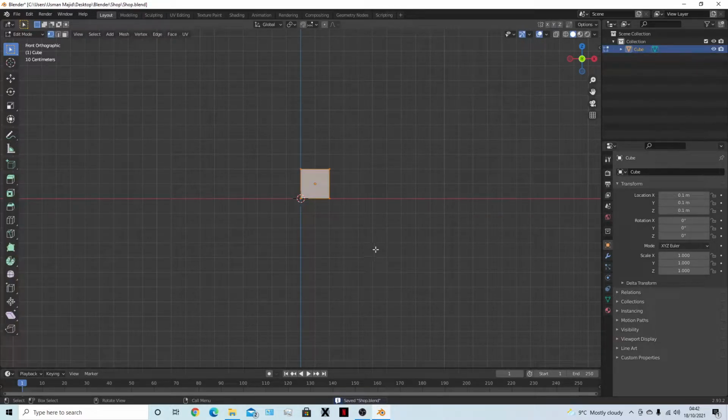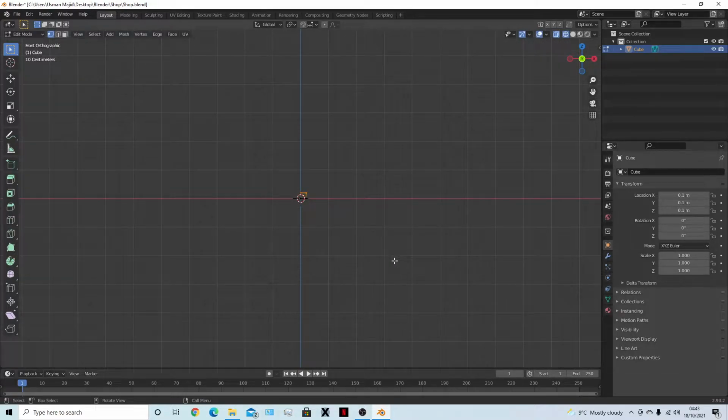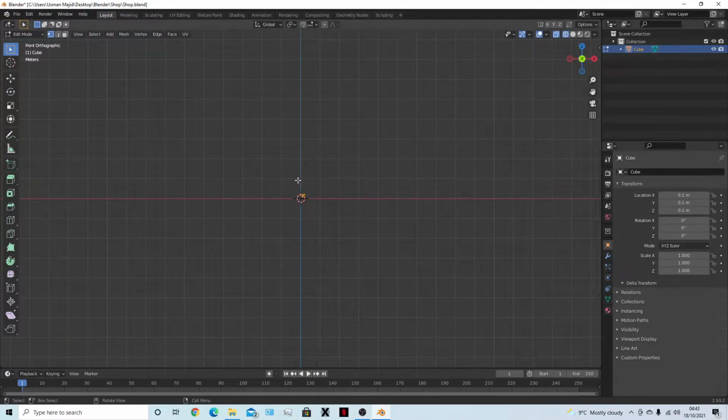Select here, press tab to go into the edit mode, press Z and wireframe mode, select these two. So these two blocks are 0.2 meters, so each block is 0.1 meter. Select these ones, so the height is going to be about 5 meters, so this is 1 meter, 2, 3, 4, 5. Press G, Z,